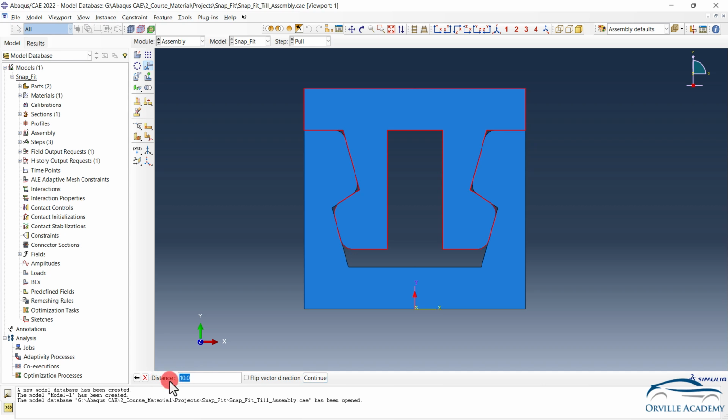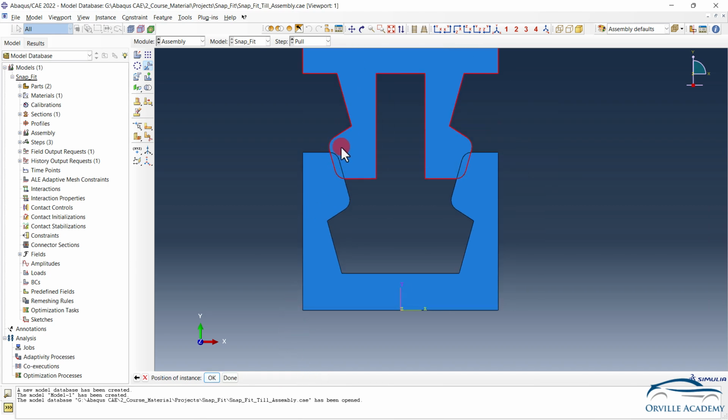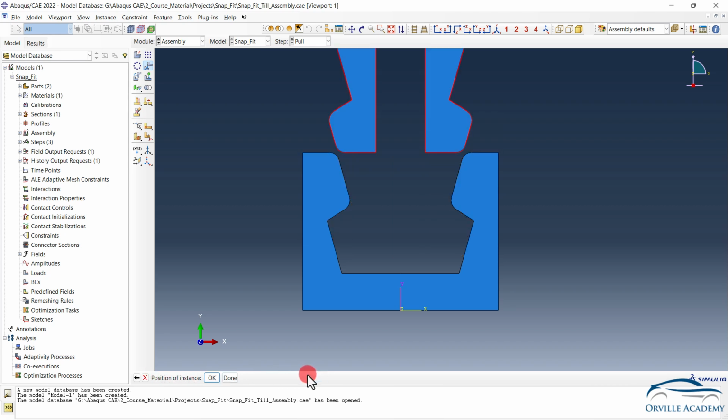And for the distance, as of now, I don't have any idea. Let us try to put 15. Let us go for continue. Nope, it's not working. The insert and the buckle are still intersecting in this region. So I will go back. Instead of 15, let us go for 20. Go for continue. With 20 mm, indeed, the insert and buckle have disengaged, but you can note here there